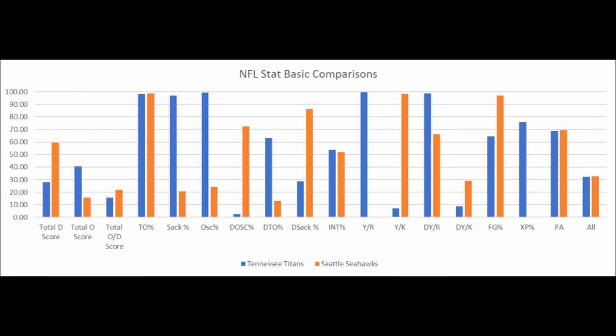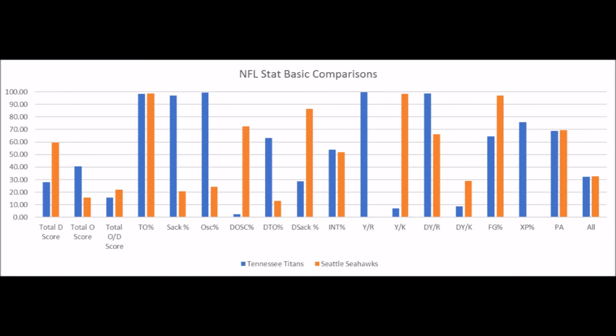It's dead even overall in terms of the Titans and the Seahawks in this game. When it comes to the big differences based on the data, the Seahawks have a better defense when it comes to preventing first downs. So the total D score is basically the defense's ability to prevent first downs, while the total O score is the offense's ability to create first downs. And when it comes to the total D score versus the total O score, the Seahawks are better when it comes to their defense in terms of preventing first downs, while the Titans are better when it comes to their